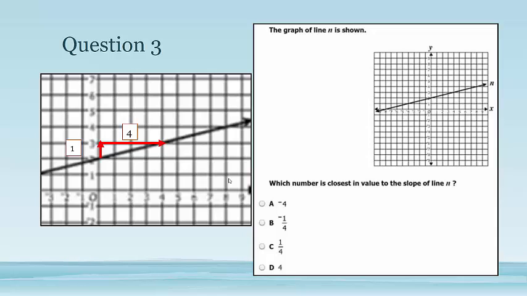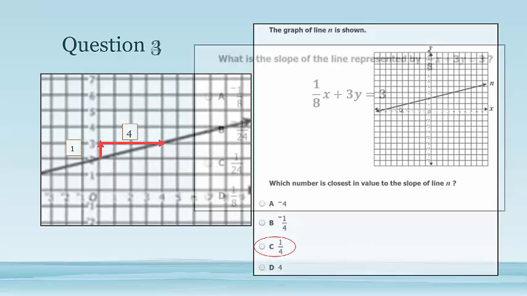So we go up 1 and over 4, and we're looking for spots where it perfectly crosses the grid. So see right there it perfectly crosses, and then again over here it perfectly crosses. So up 1 over 4. We're connecting the dots here. Alright,